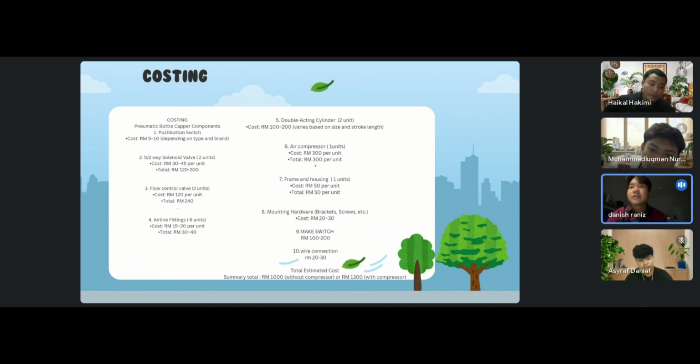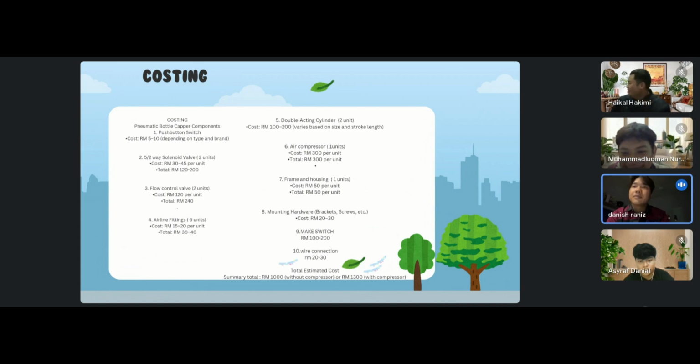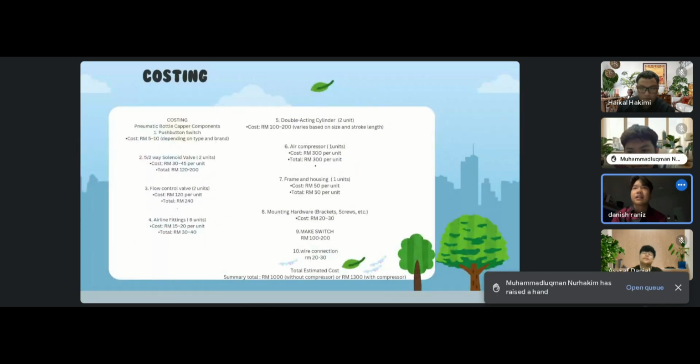And the seventh is the frame and housing, 1 unit, costing around RM 50 per unit. And the eighth component is mounting hardware, brackets, screws, and etc. It will cost around 20 to 30 ringgit. And the ninth component is the switch, RM 100 to 200. And the tenth component is wire connection, RM 20 to 30. And the total estimated cost is 1,000 without the compressor or 1,300 with the compressor. That's all about costing. And for the conclusion for the pneumatic bottle capping machine is